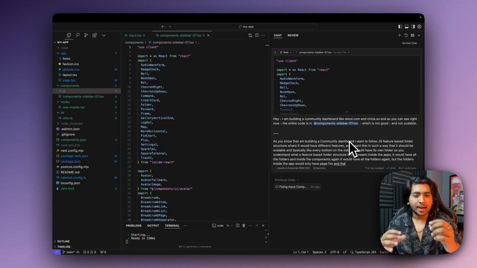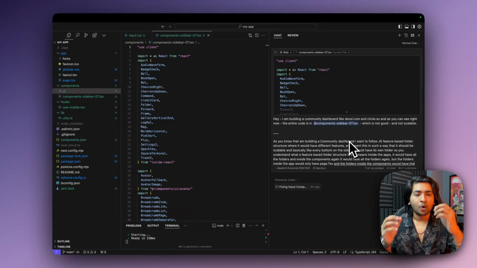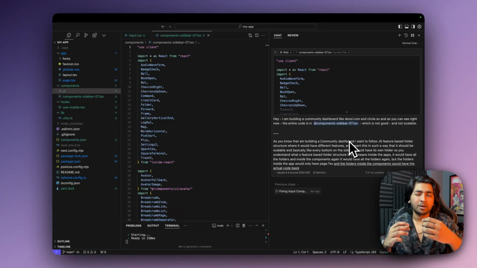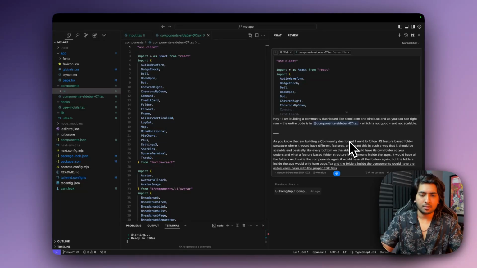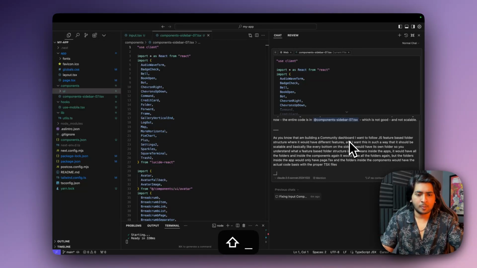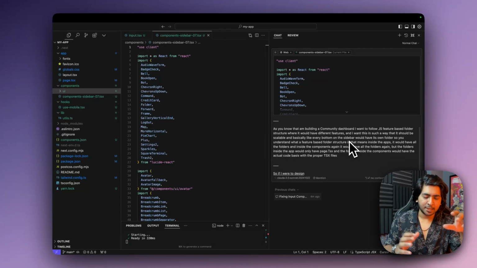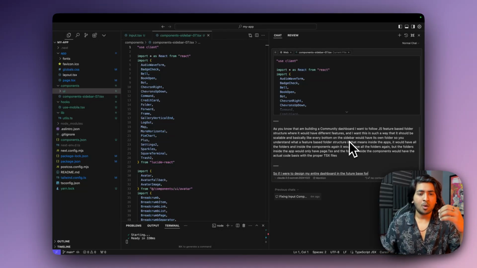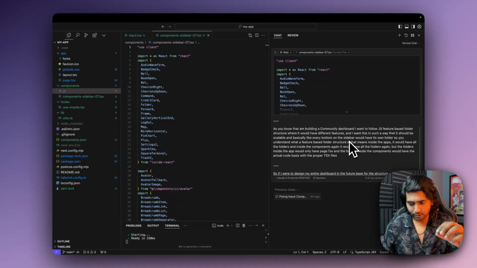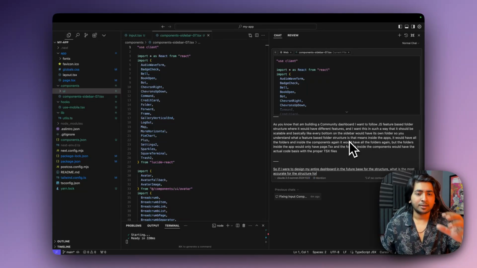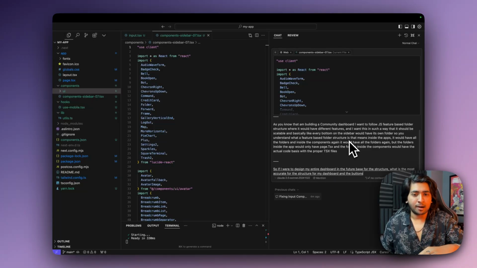And the folders inside the components would have the actual code bases with the proper tsx files. So if I were to design my entire dashboard in the feature-based folder structure, what is the most accurate folder structure for my dashboard? And the buttons in the sidebar would be,